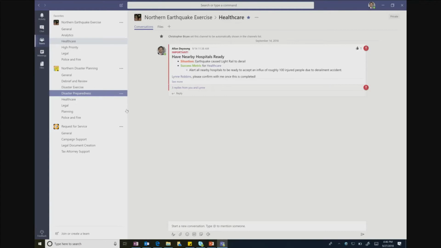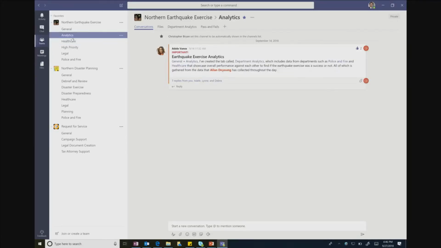Now, we have all of these events happening at the same time. We have the police, we have the healthcare, everyone is running around doing their tasks. And Alan has been sharing a lot of information about, if this happened, you need to do this. But a key activity for this type of exercise is being able to track what's going on in terms of performance metrics. And for that, we actually can go to the analytics